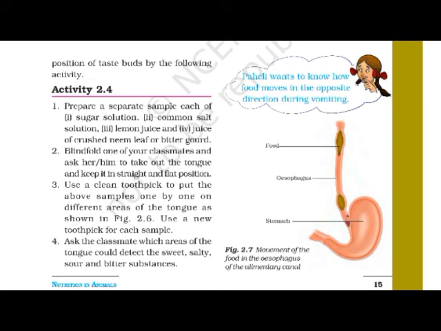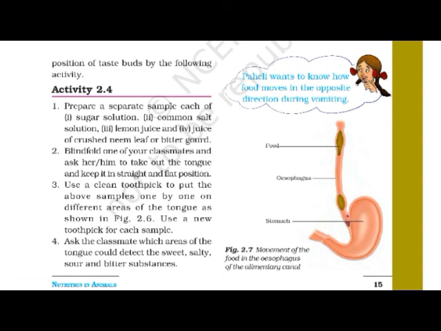Actually, we say that digestion takes place, but what is digestion, how does it take place? In the stomach also, digestion is very important. How it takes place and why it takes place, let me see. The inner lining of the stomach secretes mucus, hydrochloric acid and digestive juices. I'll repeat it. Inner lining of stomach secretes mucus, hydrochloric acid and digestive juices. Now these are the secretions. So what is the role of these secretions for digestion? Let me see. The mucus protects the lining of the stomach.